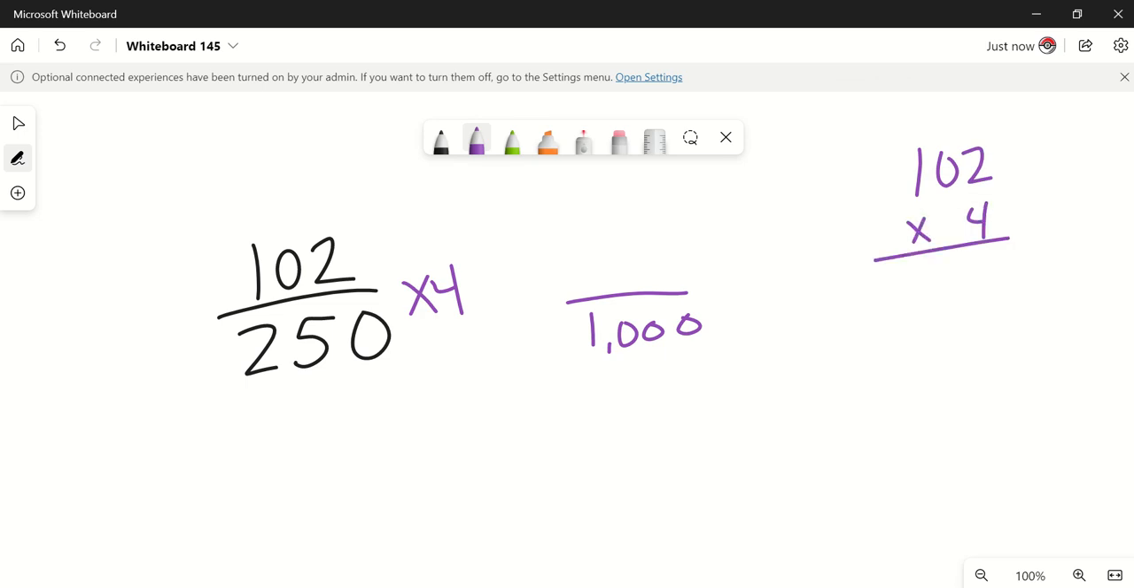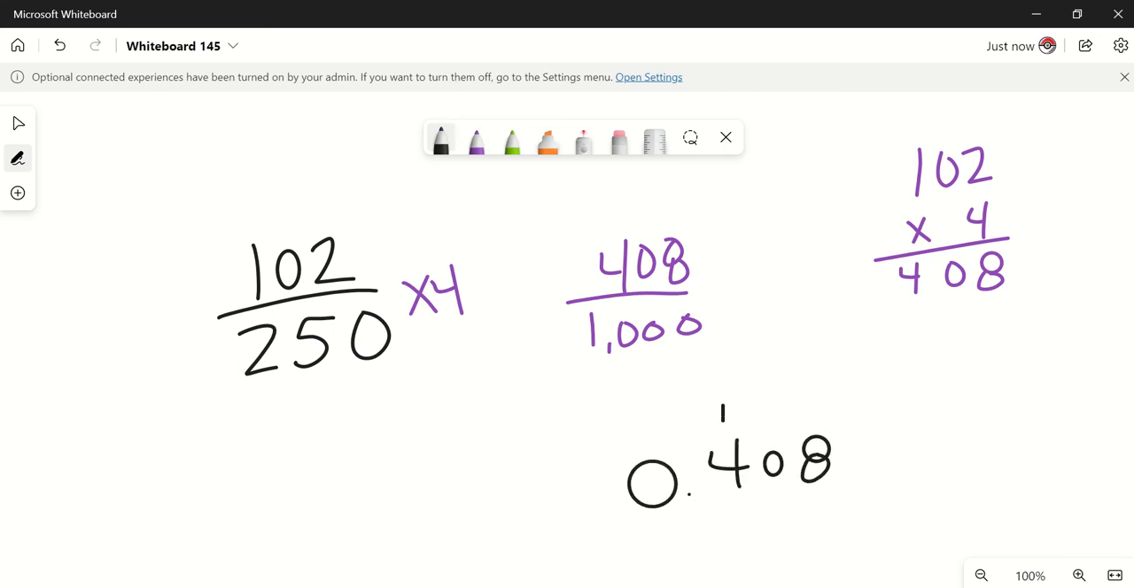4 times 2 will be 8. 4 times 0 is 0. 4 times 1 is 4. So this will be 408 thousandths, which is the same thing as saying 0.408. And I'm going to double check. Tenths, hundredths, thousandths. So yes,